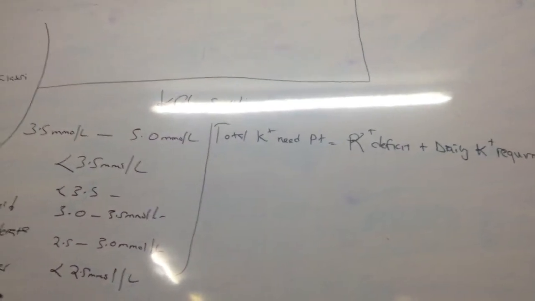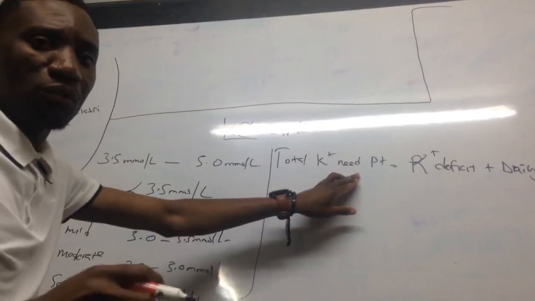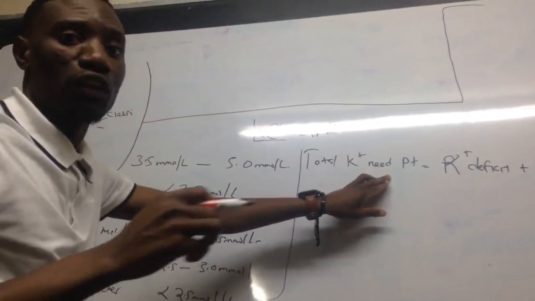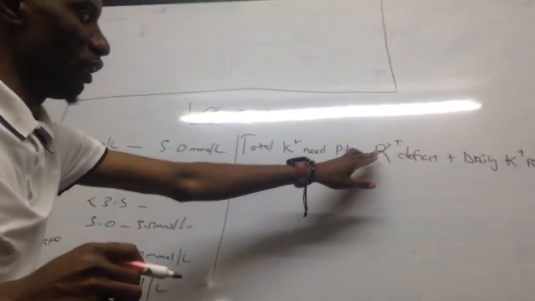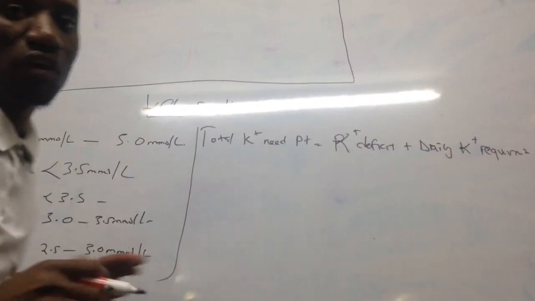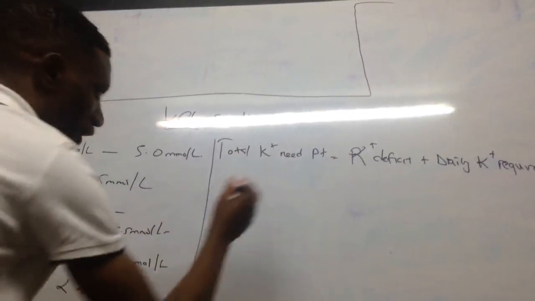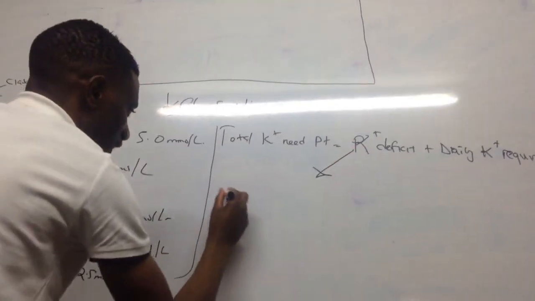I'm going to say it again. The total potassium needed to correct the patient's hypokalemia, that is low potassium, in 24 hours is equal to the patient's potassium deficit plus the daily potassium requirement. How do we find the deficit for the patient? Here, I'll break it down. So the deficit